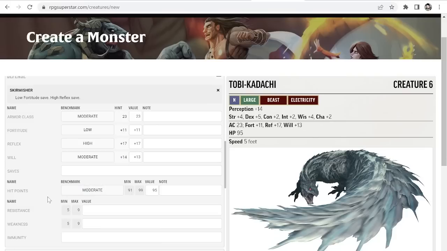As for hit points, again, I think moderate is a good place, especially in the style of game that Monster Hunter is, which is sort of everybody versus one boss monster. We don't want it to have too low of hit points, otherwise the fight might end before it even begins. I think 95 to 100 is a really perfect middle ground for a level 6 monster, especially if it's a big boss fight. Maybe your party's about level 4, they just got striking weapons, so maybe they're hitting for like 10 to 20 damage on a normal hit, which, with that in mind, maybe 95 is actually too low, but